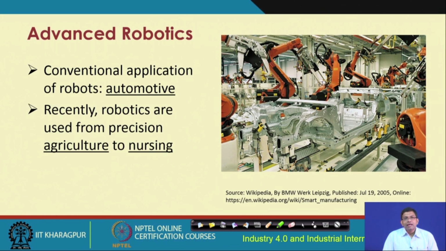Robots and their use in agriculture, robots and their use in nursing. Connected robotics is quite common now in automotive industries and in agricultural fields. We ourselves have developed some robots which will go and plant seeds in the agricultural field. So, these are the advancements that are happening on different industrial fronts with the advancement of robotics and